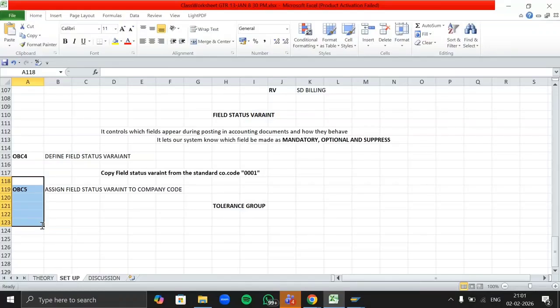No need to remember. Once you practice it, by default you are going to get the T codes. You can get them from Google as well, so there is no need to remember them. We can create favorites. Yes, you can add them in your favorites on your SAP Easy Access screen. But no need to remember any T code or path.